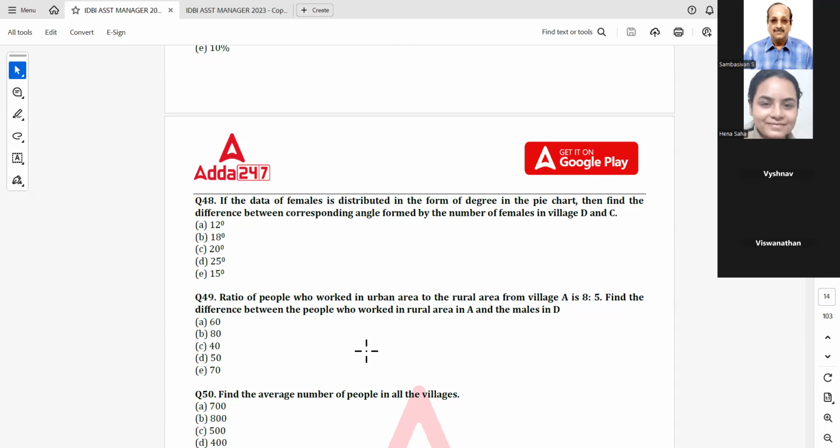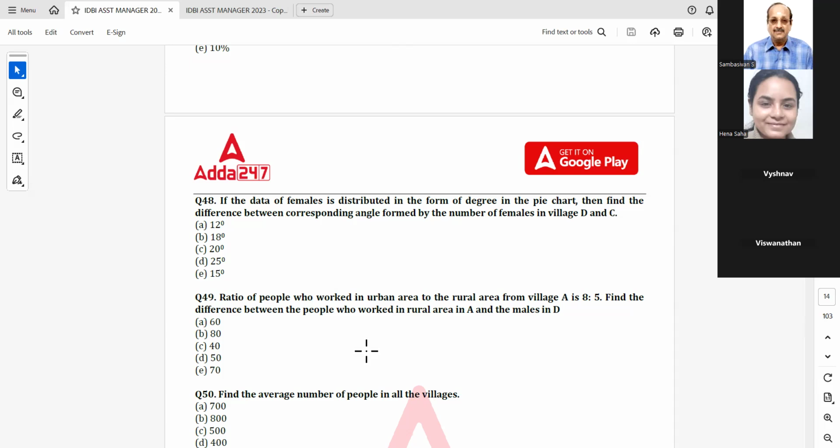So here, what is the percentage? I mean, what is the proportion? 8 by 13 of the total population. The ratio of people only is told. People means both male and female. Total number of people who worked in A is